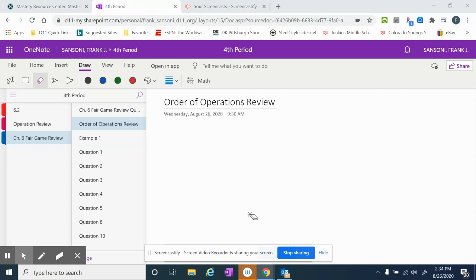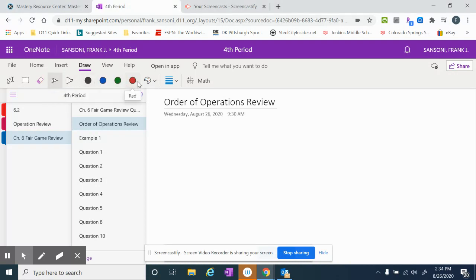So as we look at our learning target for today, once again, we are looking at order of operations, and we want to make sure that everybody is solving these the same way so that we all get the same answer. So you want to be able to follow the order of operations to get the same answer. And so that's how mathematicians came up with order of operations, so that there weren't going to be a multitude of answers for the same expression. So as we look at the order of operations review,